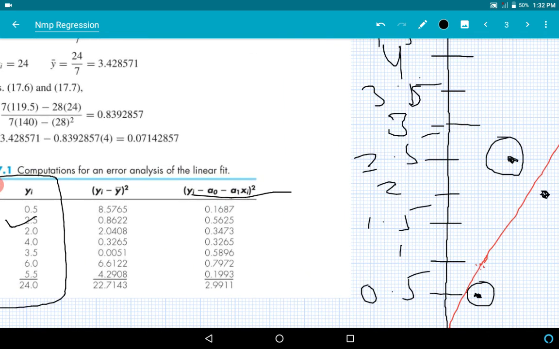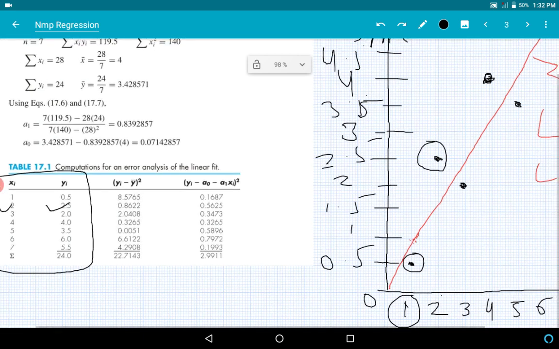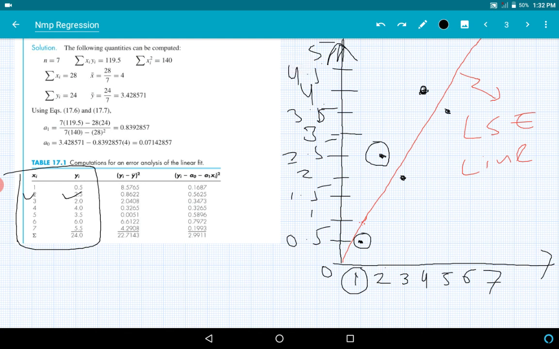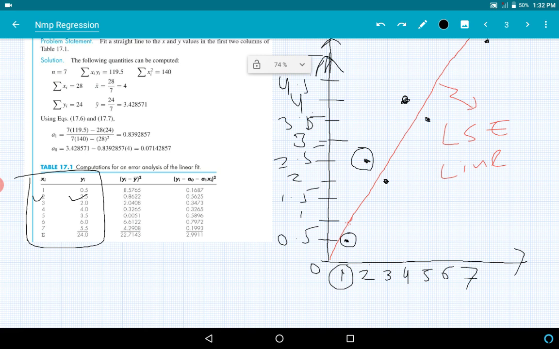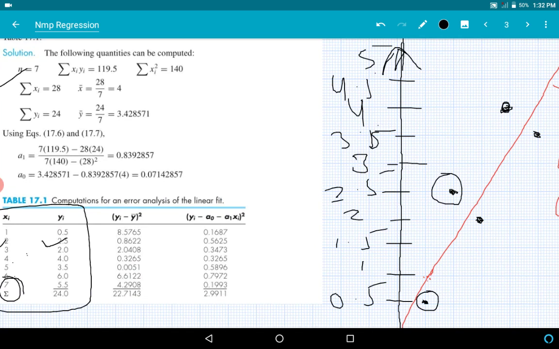First of all, we are supposed to find the values of a0 and a1 for this particular numerical. These x and y values are given, and you are supposed to calculate a0 and a1. Earlier we have seen that equation, so we will be using it. First we require n. What is n? n is the number of data points. If you count, how many data points are there? xi: 1, 2, 3, 4, 5, 6 and 7. So there are 7 data points, so n is 7. Then we will calculate the summation of xi times yi. What is the summation of xi?